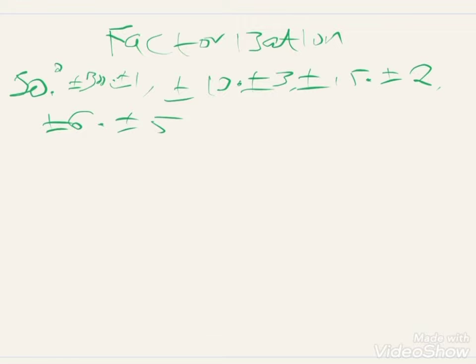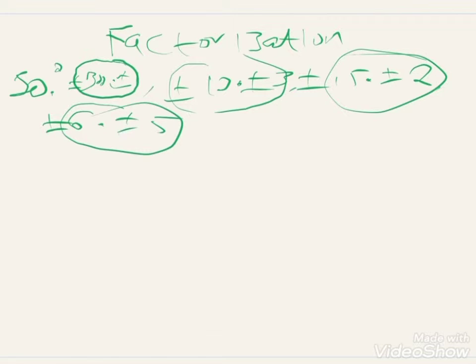So these are pairs of factors of 30. How many pairs? The first pair, second pair, third, fourth. So 30 has 4 pairs of